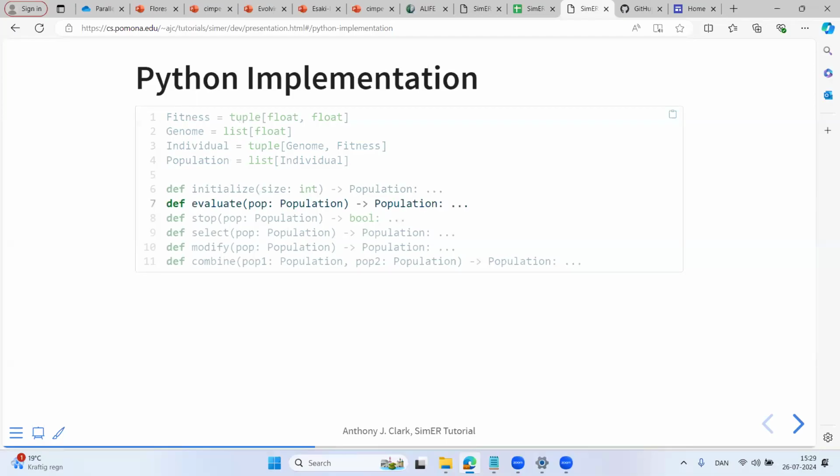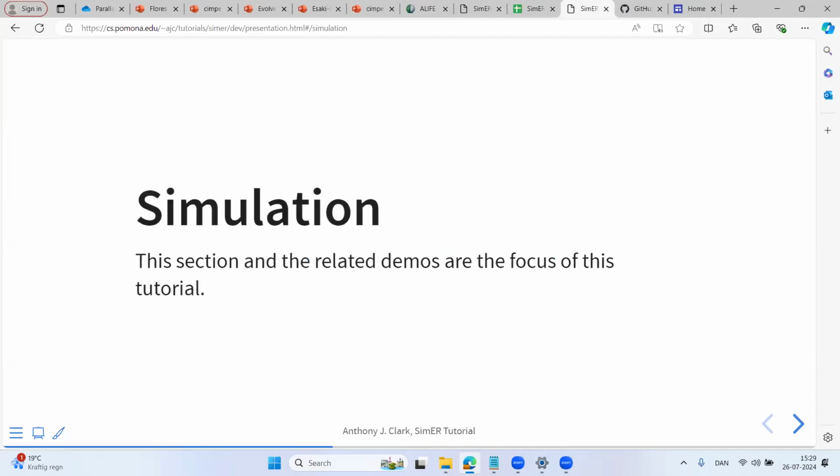Each one of these steps here, initialization, evaluation, stopping, select, modifying, combine, those are all areas of research. You can think of what's the best way to modify my selected population or what's the best way to evaluate them. I'm just going to take this really bare bones version of evolutionary computation and run with it for the examples today. Okay, so this will be the focus of today's talk, the simulation part of evolution and evolutionary robotics.